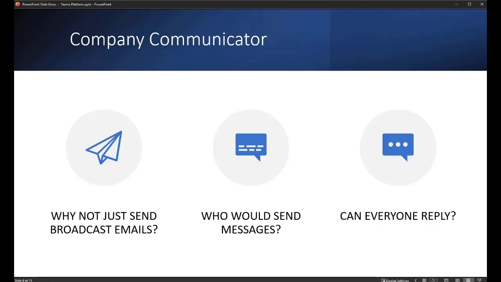Company Communicator. So this is another app template that we have. It's a little bit more complicated than what I just showed. And it is for doing broadcast communications. Why don't we just send broadcast emails? That's the way we've always done it since the 1990s. Ernst & Young